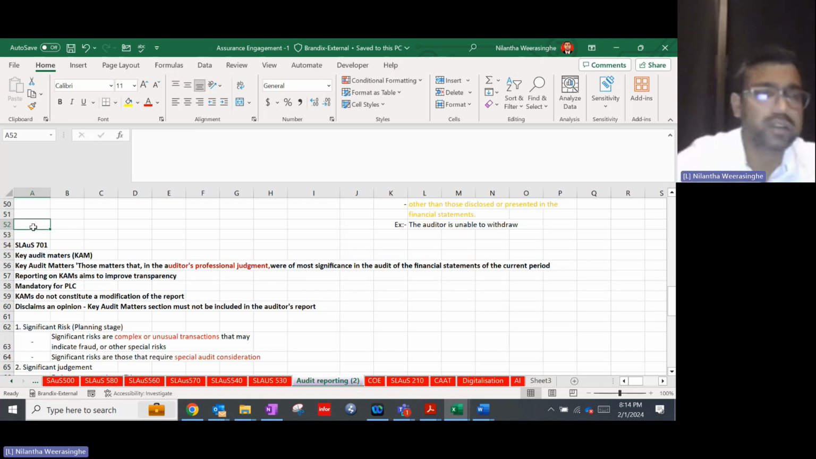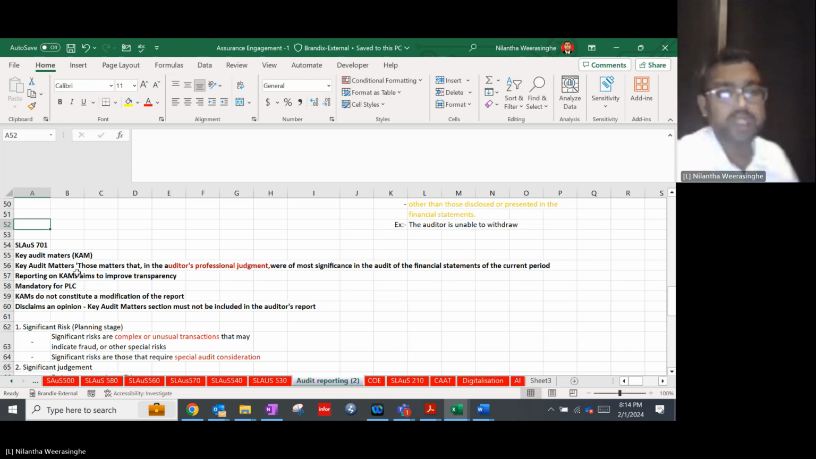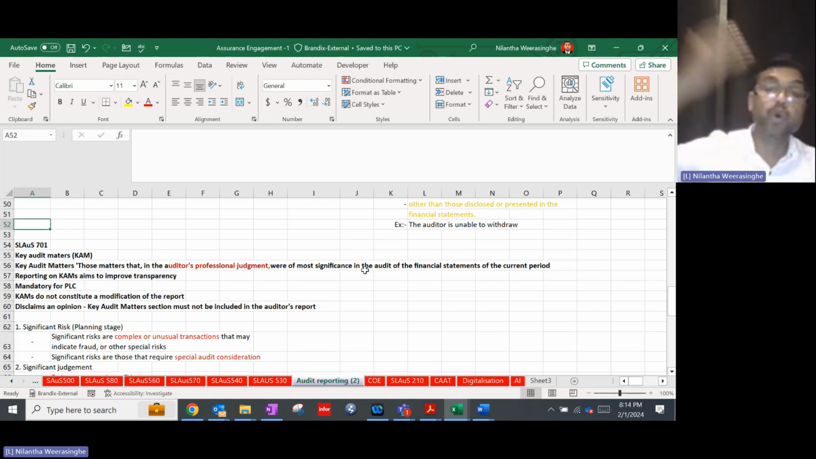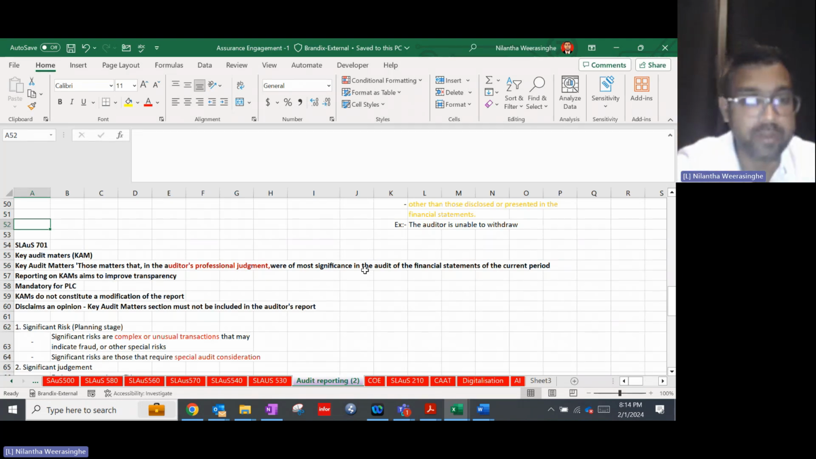What is the definition of it? Technically, we call it what? Key audit matters. Those are matters that, in the auditor's judgment, were most significant in the audit of the financial statements. These are matters of the auditor's judgment, again, more significant matters. I'll explain three types of more significant matters. But remember,